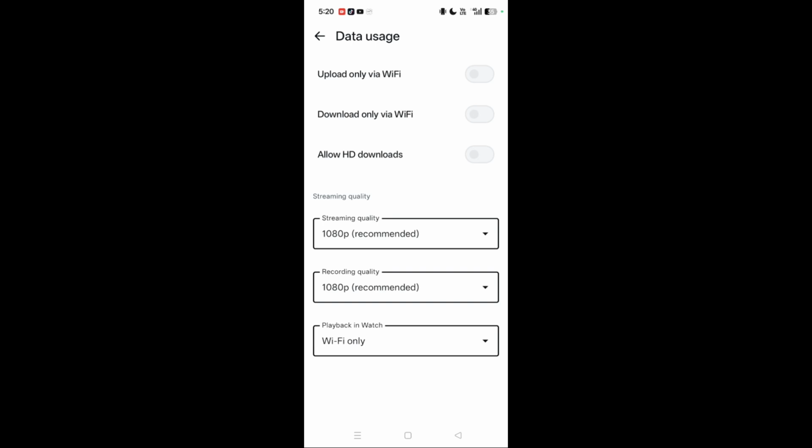So streaming quality, we can stream between 1080, ranging from 360p to 160p. But as you see right now, the recommended is 1080. If you want a very high HD, I suggest using 160p. But if your phone can handle it, or maybe your internet, as you see, playback and